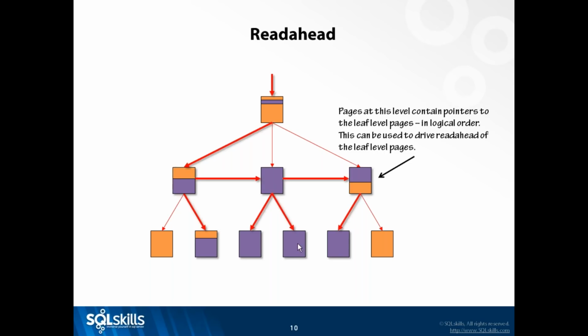And the read ahead is what helps make scans or multi-record seeks more efficient by making sure that there are no physical IOs that have to be done by the thread that's doing the actual scan. And again, it doesn't matter what speed your hardware is, if the IO subsystem has to do multiple single page reads, it's going to be slower than a read ahead. Okay? It might only be a few milliseconds slower, but for some people, those few milliseconds make the difference between a system running properly and a system running slowly.